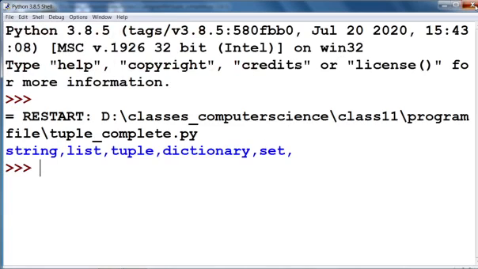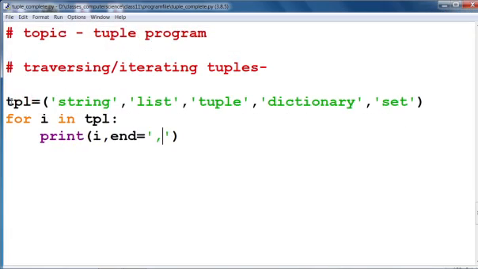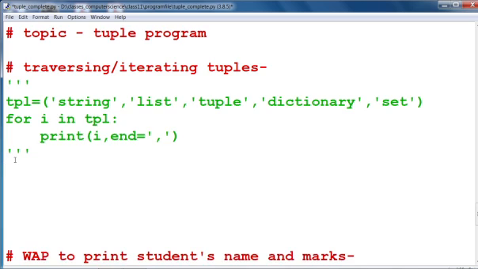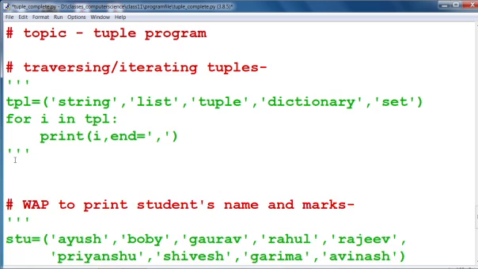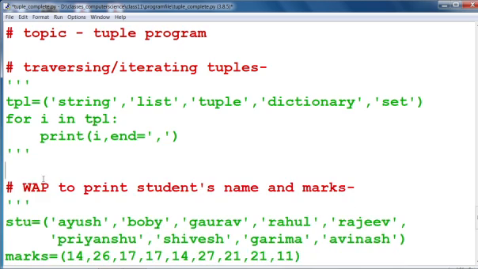Now this is the way to traverse the tuple by using a loop. Now if we are going to see a program based on this iteration or traversing of tuple, you can see: write a program to print students' names and their marks.